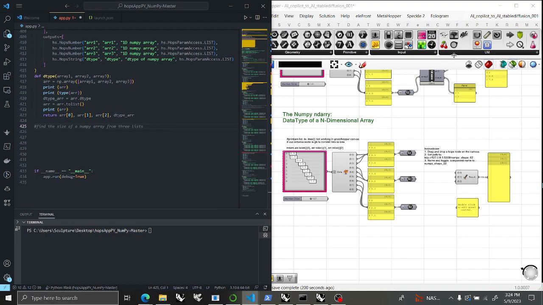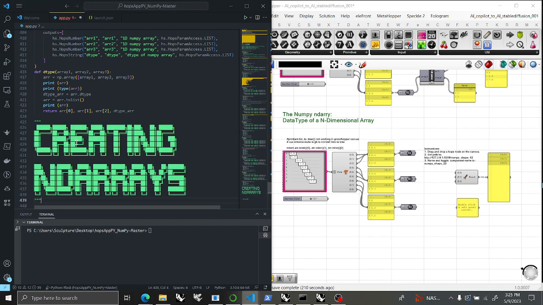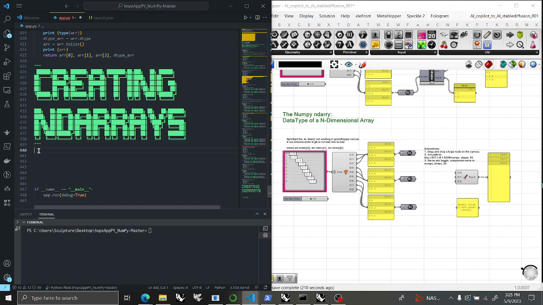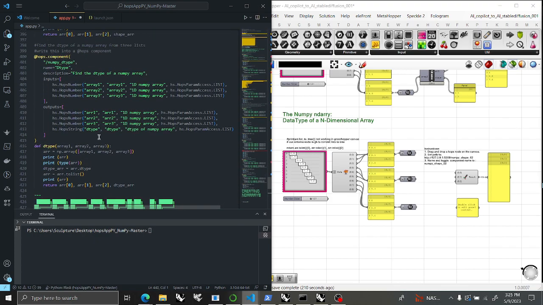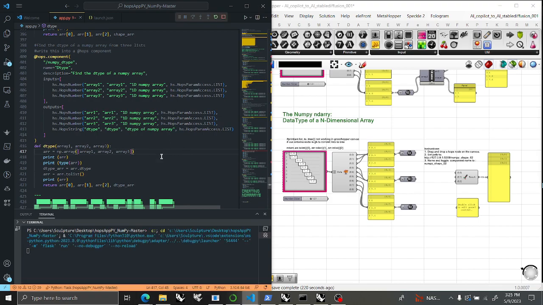And what we're going to do is, you can do whatever you want to make this fancy footwork, but I'll let you figure it out on your own. Jose Luis Garcia is incredible in Parametric Camp because he teaches you all the ins and outs of everything he does, but we're going to get into creating NumPy arrays as the next series. But let's finish this one off and make sure it's working. And then we're going to publish this, and I guess I'm going to sell it for a couple of bucks